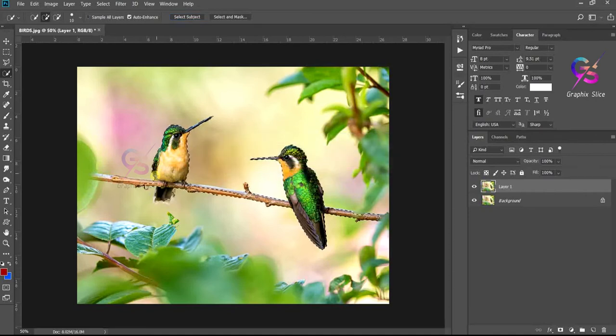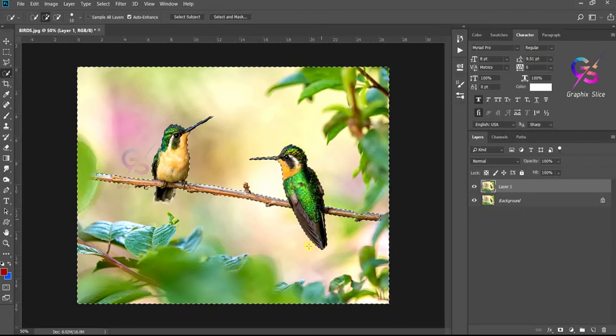So I'm going to select this portion also along with the bird. I'm going to pick this stick also. Okay, so after selecting this, you can prepare a mask. How? So just go and select, I'm using invert, Control Shift I.